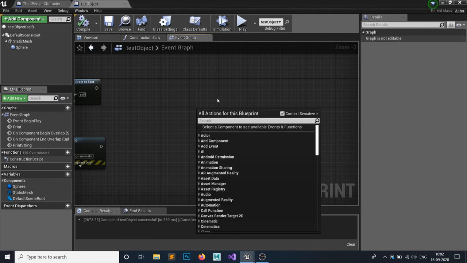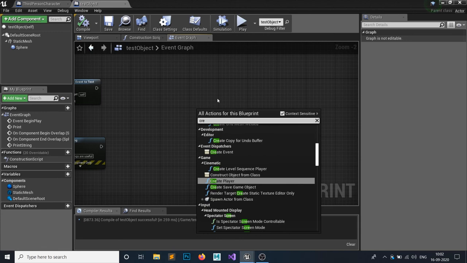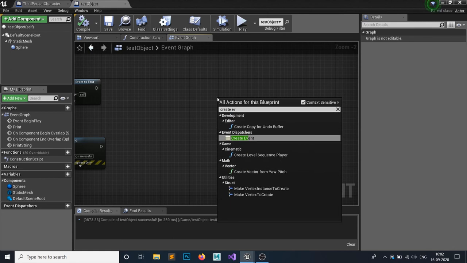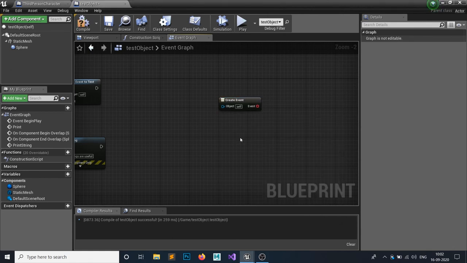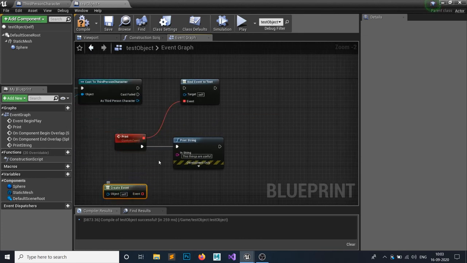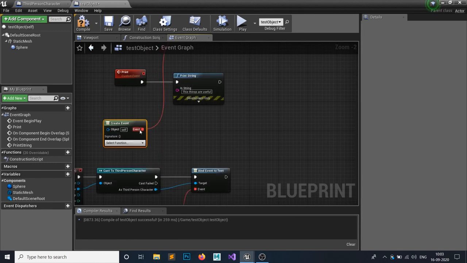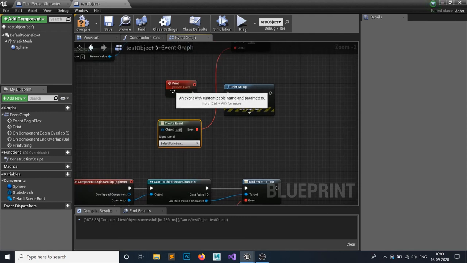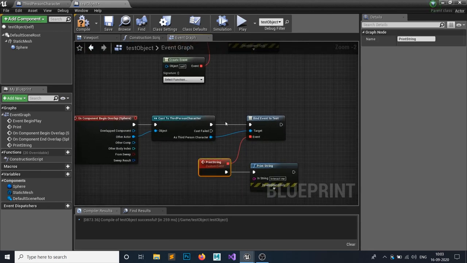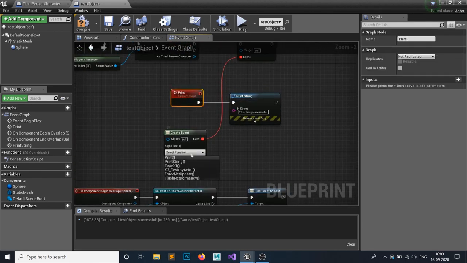And I want to create a certain thing. So if you right click on your event graph and create event, you're gonna see this event dispatchers and create event. You can use this also by creating an event. So if you bind this one to your event, you're gonna see a create event. So let's say you don't want to create a custom event, you want to call a function. So you're gonna see this signature, it has certain functions. The print string one is this custom event, the print one is this.